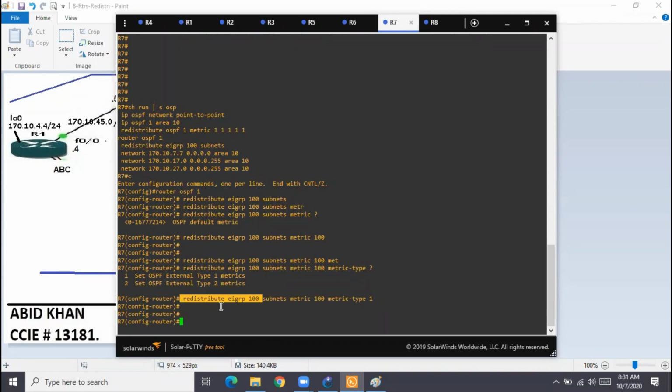You redistribute any protocol with only this command, and by default only classful networks will get advertised. If you add this, then networks as well as subnets will get redistributed. The metric will be the default 20. If I don't want 20 and want something different, then I use this command. And what will be the sticker? E2, external type 2, which means the routes will be sent with a fixed metric. Nobody will change the route metric along the path. Nobody is authorized to change it. The redistributing router says, hey guys, I'm sending you the routes.